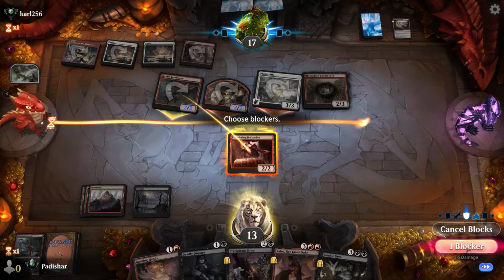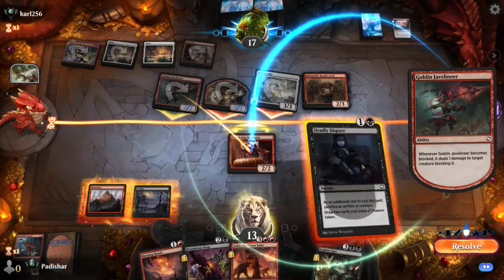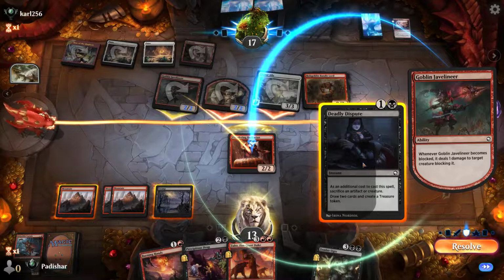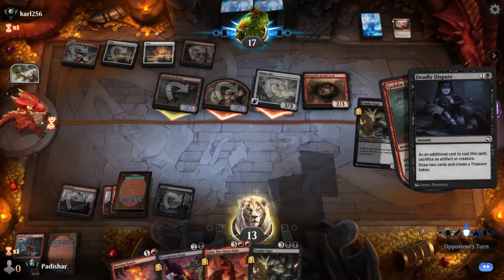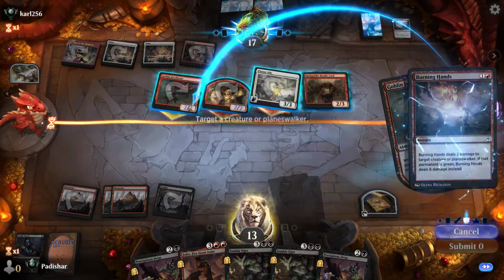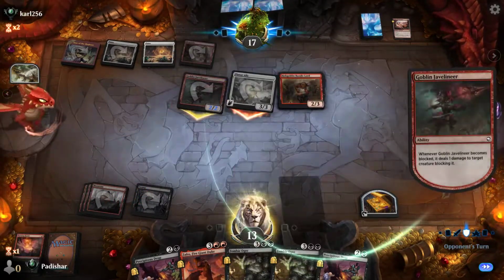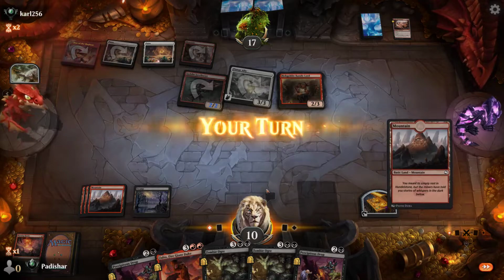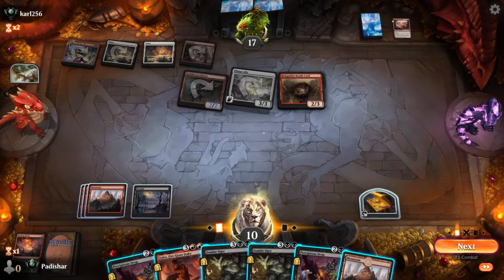Nice. So the only thing I can do here is... I guess I'm gonna just let that go. I mean, I'm gonna draw cards. Nope. Didn't get what I needed. Guess I'll kill that. I guess I should have killed the other guy. I made a wrong block there, but... right. So...